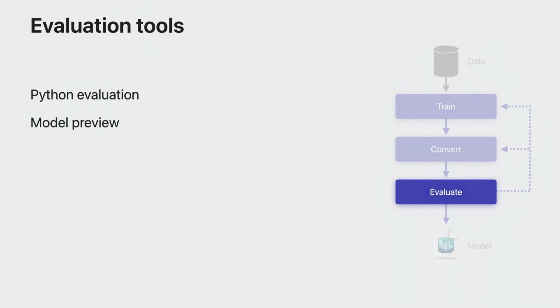Model previews are available for many common model types. This lets you provide some sample inputs to the model and preview the predicted output without having to write any code. CoreML performance reports provide you a breakdown of model computation performance for load, prediction, and compilation times on any attached device. Note that this can be useful to evaluate model architectures even before you've trained them.